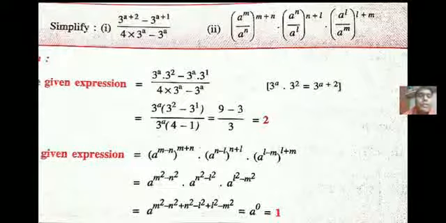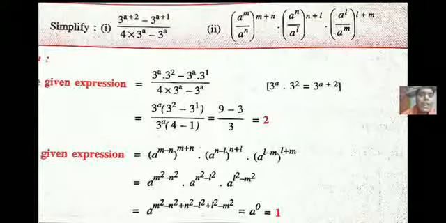If you look at the numerator, 3 to the power n is common. Sorry, not n, it is a. 3 to the power a is taken common. So you will be getting 3 to the power 2 minus 3 to the power 1. Similarly, in lower part, it is 3 to the power a again common. So you will be getting 4 and there nothing remains means 1. 4 minus 1. So upper part you have 3 to the power a when you take common. Lower part 3 to the power a common. So therefore these two cancel. You got 3 to the power 2 minus 3 to the power 1.